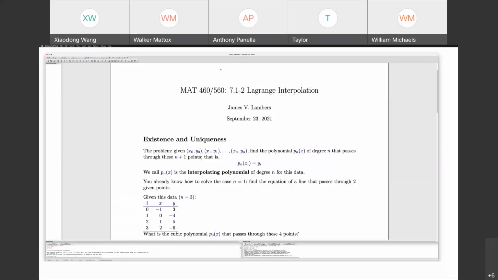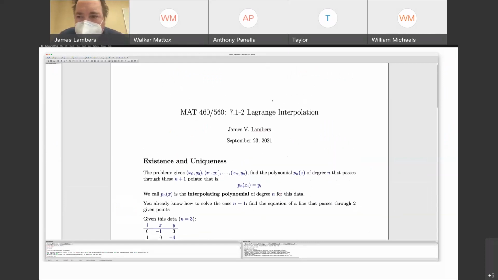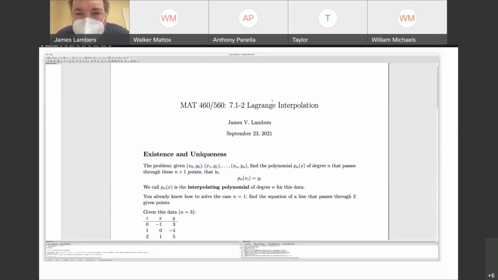All right, let's see, I'll make it a little bigger still. Or will it not let me? Okay, apparently it will not let me make it bigger than this. People in the WebEx meeting, is the text readable? Please let me know. Okay, great. All right, so